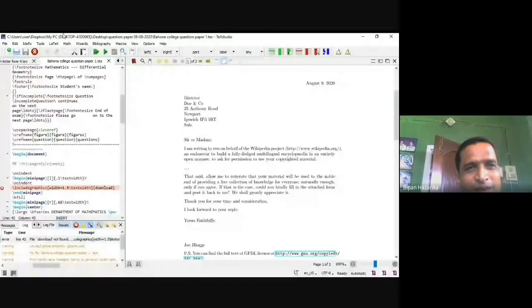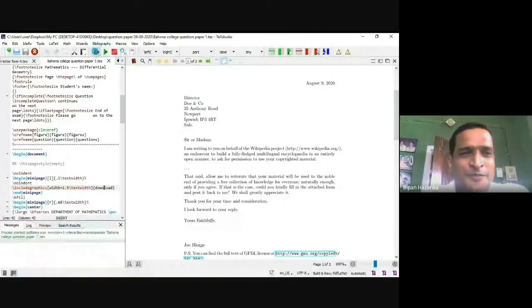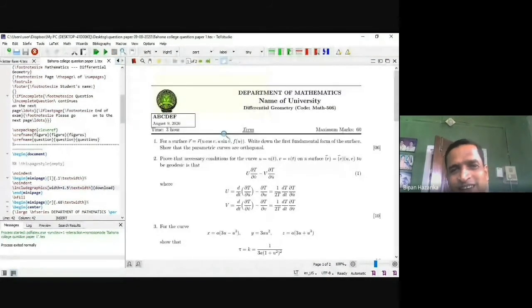Now I have run this file. After that I will explain how you can write all these things between these documents. Now our question paper format is shown.